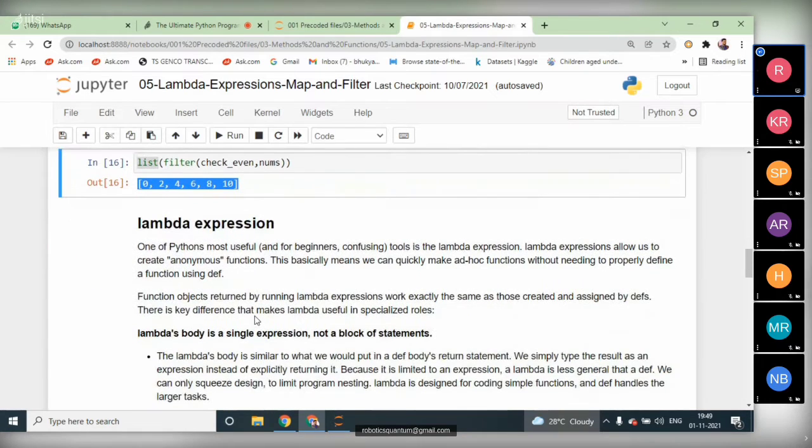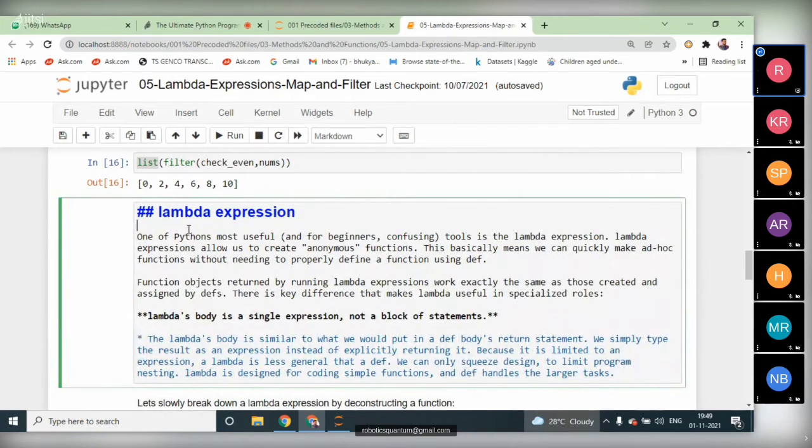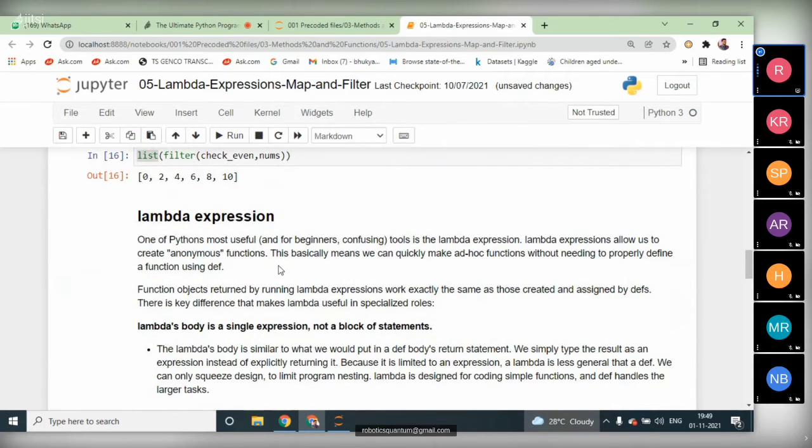The next very important part of this class is the lambda expression. In general in Python, everything has a name. A lambda expression allows us to create anonymous functions, functions which don't have any particular purpose, used to create instant access if you want to work with it only for an immediate purpose.